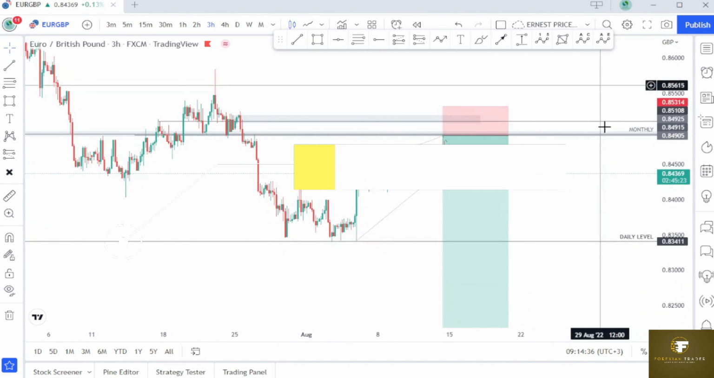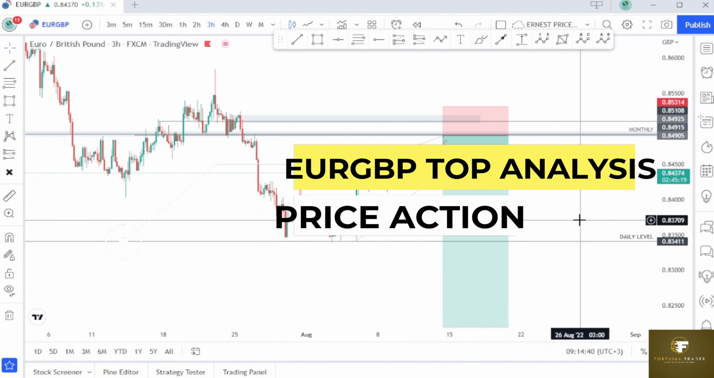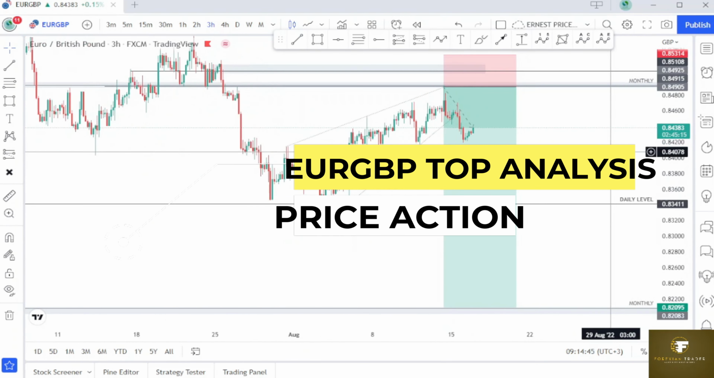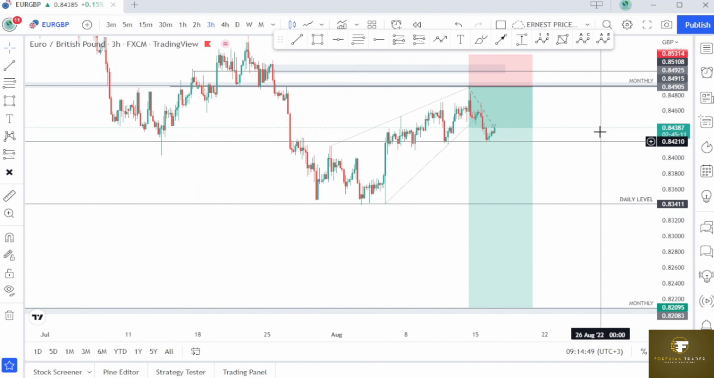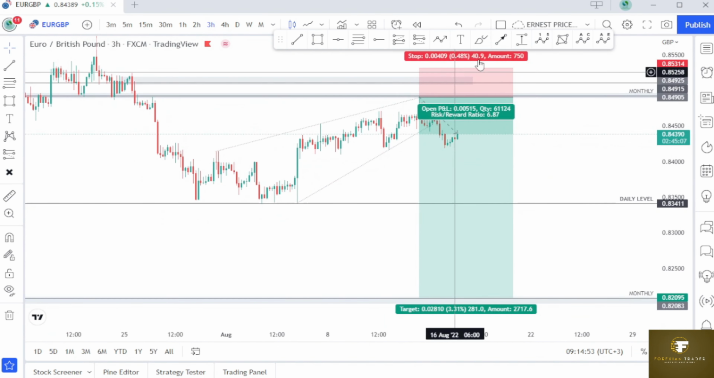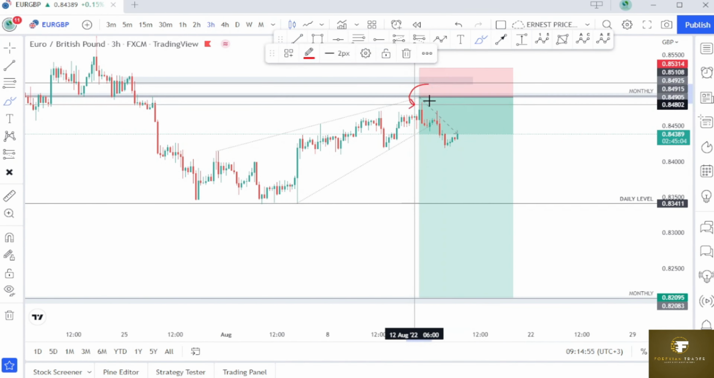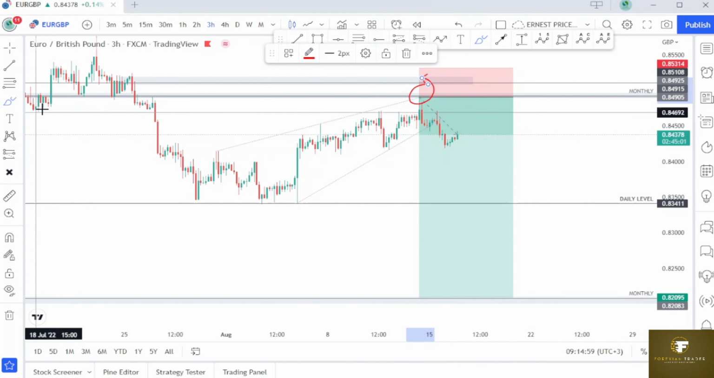I was able to actually make an entry on this EURGBP setup, as you see it here. Okay, so let's start. I'm going to break down this trade setup. As you can see, it's a good sniper entry right here. It's a good sniper entry,